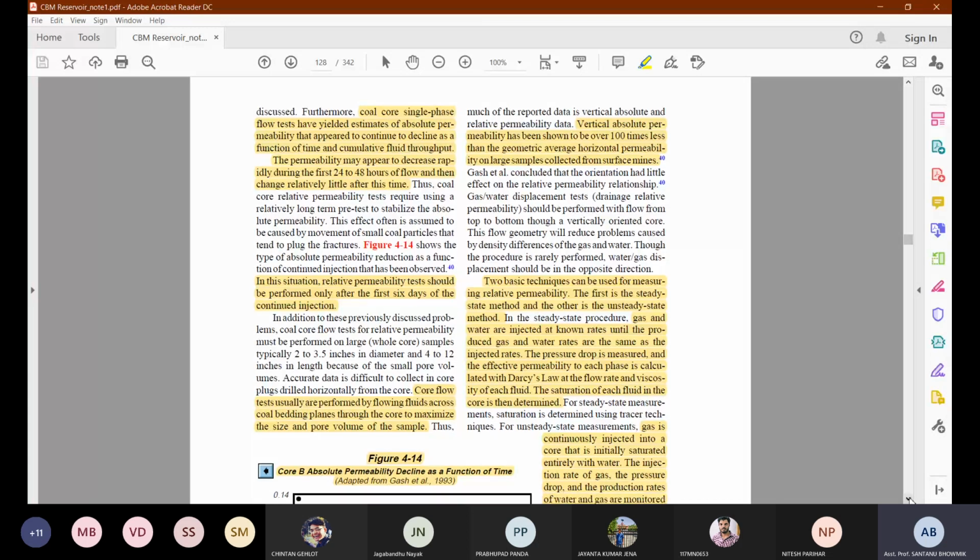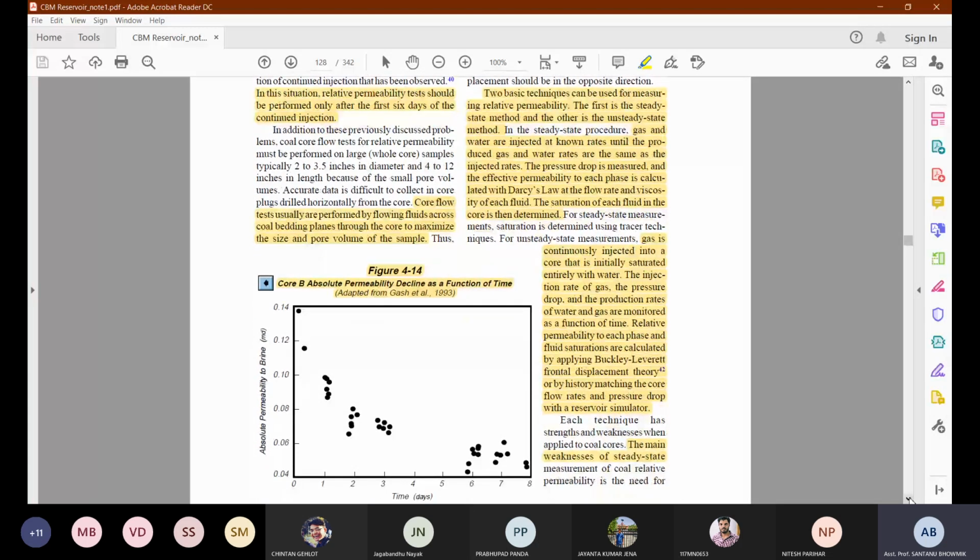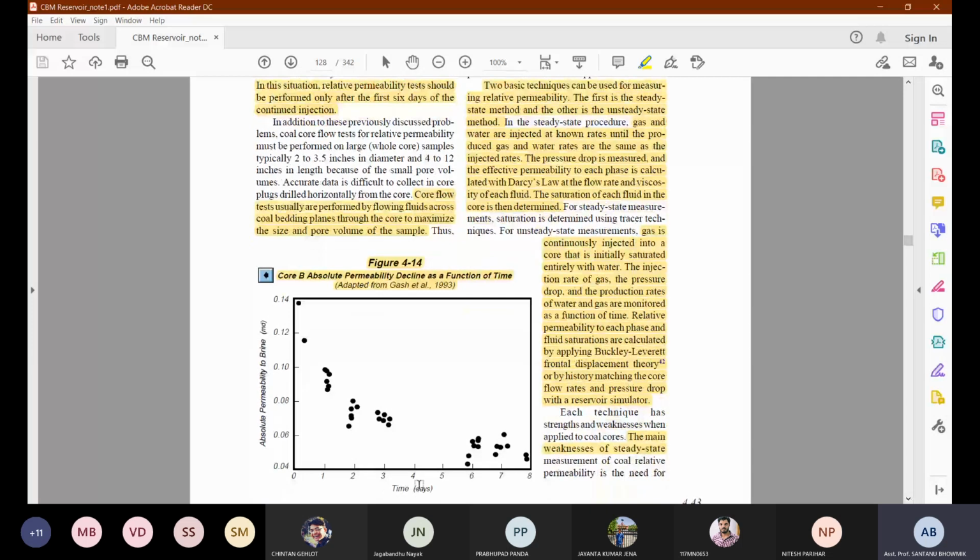If you see the graph, this is how we calculate the permeability. You can see with time, in days, the absolute permeability of a brine. They have taken the experimental value on the brine solution and plotted it over time. You can see that in the initial stages, within 3 or 4 days, it is reduced by, I think, 40 to 60. So if we consider this as 100%, a total 70 to 80% reduction takes place within 3-4 days. Then it stabilizes at very low values.